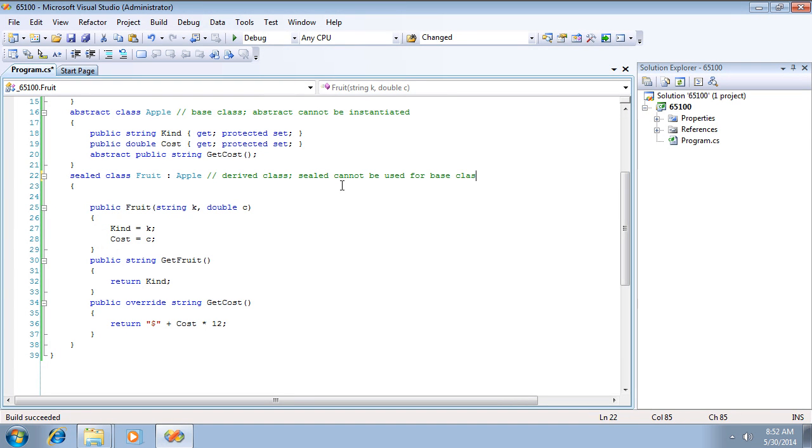Okay, so we can't actually use these for base classes. We can't use sealed for base classes, but we can use them in derived classes. And again, we're making this self-contained little item. So let's go ahead and put sealed down here as well, because what we're going to do by doing this, we ensure that the method getCost can't be overridden by a derived class. So if I go ahead and run that now,